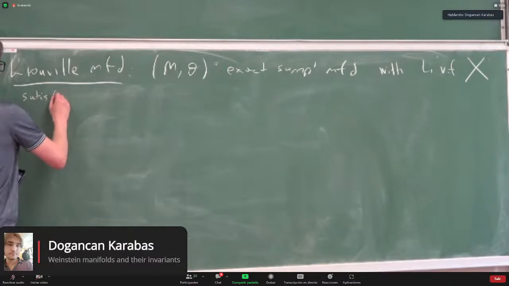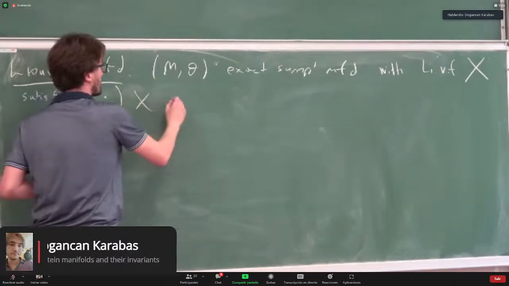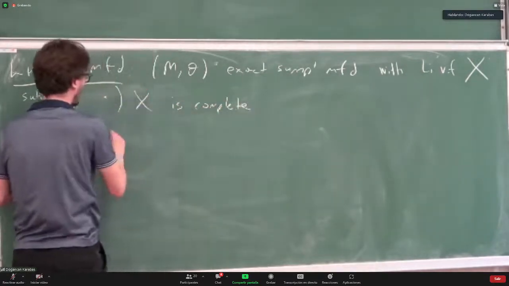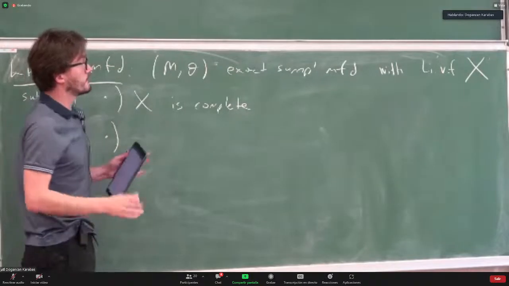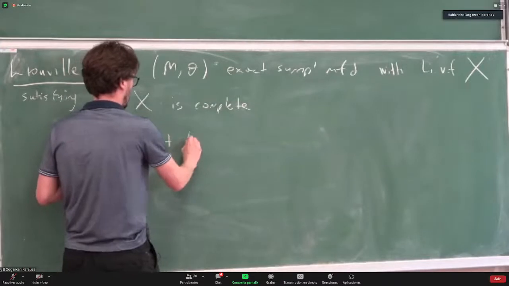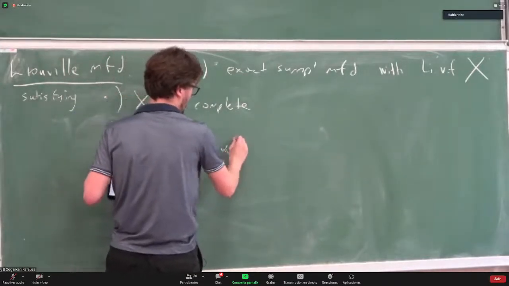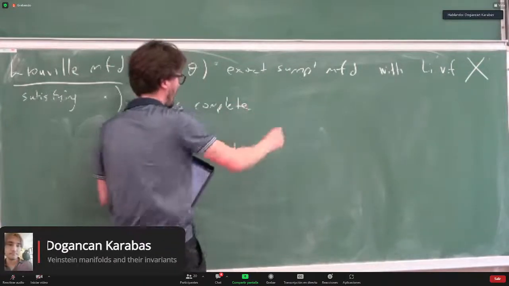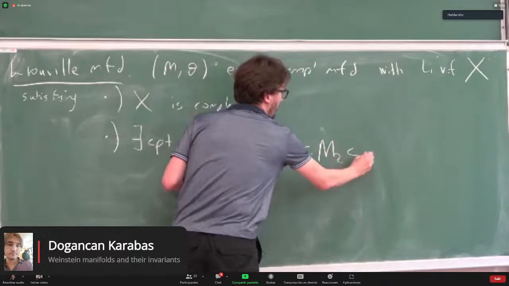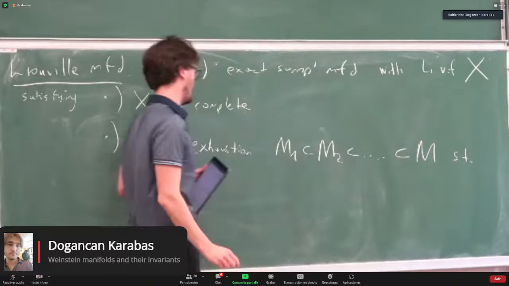Satisfying. So one, I want X to be a complete vector field. And second, there's an exhaustion of M, a compact exhaustion, M1, such that